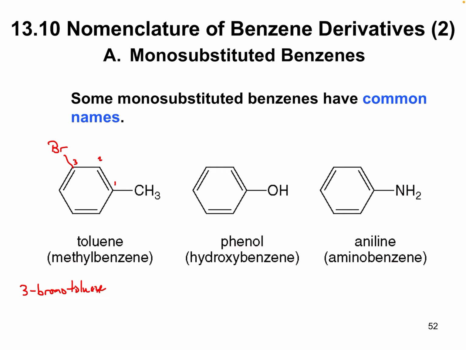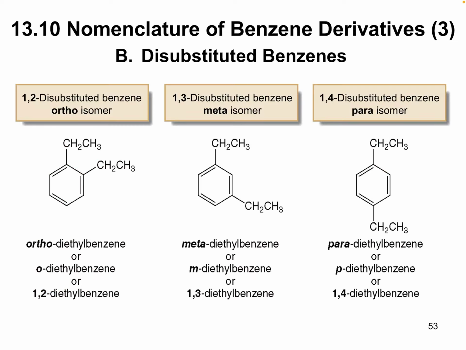So we could do the same thing with a phenol or with an aniline. All right, so aniline is if we have an NH2 group attached to a benzene ring. We call the whole thing aniline. When we have di-substituted benzenes, if we have two of the same substituent group, we can talk about them as